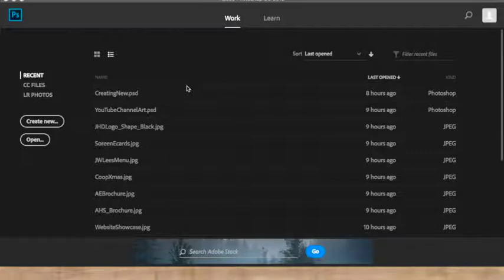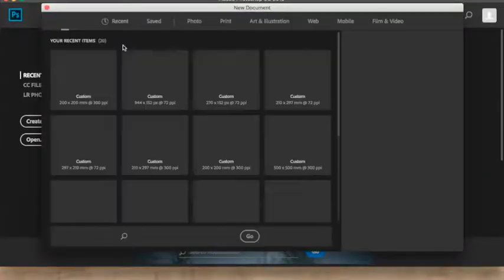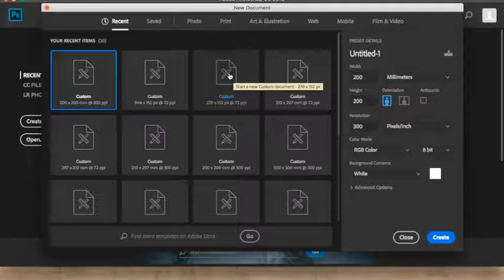So once you've opened up Photoshop, you'll be brought to a window that looks like this, and the two most important things on here are create new and open. For this tutorial we're going to create new, but obviously if you've been working on something before you can click on open. Once you've clicked on create new, it brings up this new document window, and it's got lots of